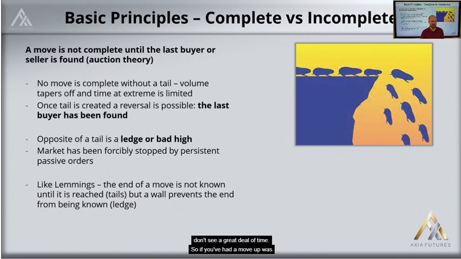So we don't see a great deal of time. So if you've had a move up, once the tail's created, the last buyer has been found, this implies the move has been completed. Now, lemmings was actually a computer game, and apologies if nobody's seen it,